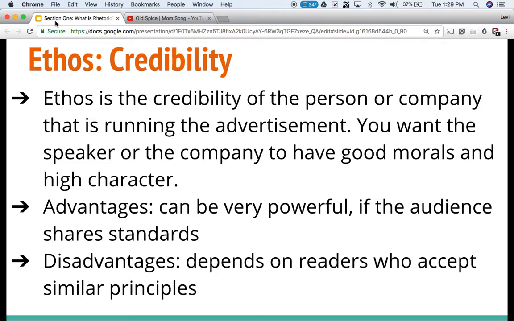But then the disadvantage is that it might actually hurt your company as well. Target, another example here. Target with the transgender bathroom issue a year ago. There were a lot of people who said that they will not shop at Target because of that. And they'll say it didn't hurt their sales, but their sales went down. But it was right after Christmas, and so there were some different reasons for that. So it can backfire, especially if that person is not credible anymore, and those kinds of things.